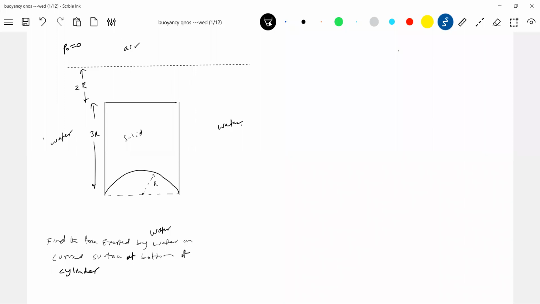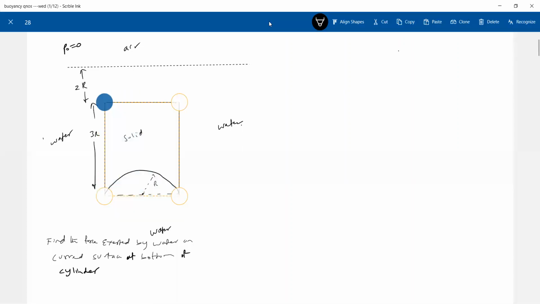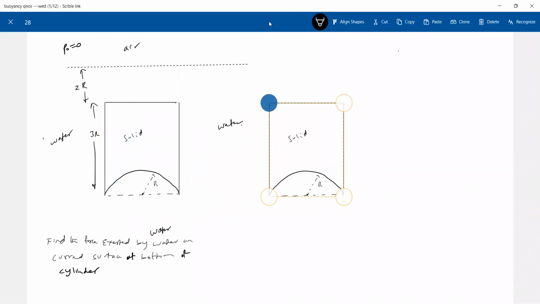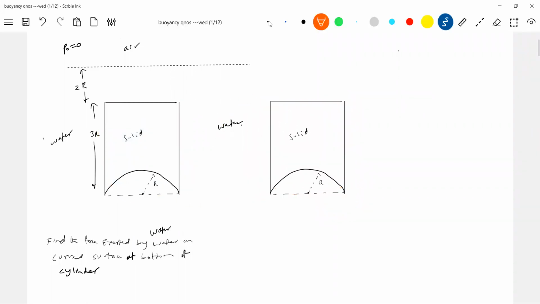Now, what is the liquid? Let's go for the force exerted by the liquid. The liquid here will exert a force. The red color arrows will give the direction of force. I'm taking this part. Let me go for a diagram showing all things clearly. The liquid which is present on the top will exert a force. The liquid which is present beside will exert a force like this.